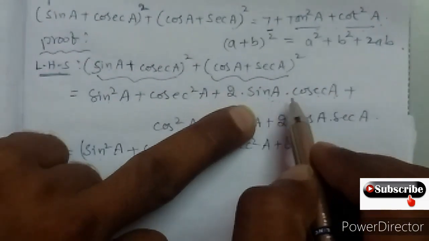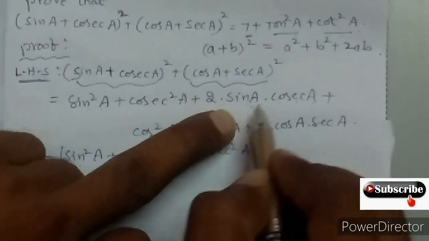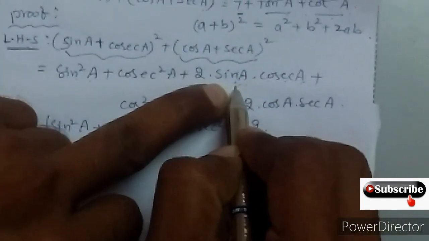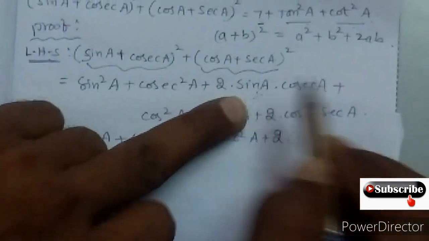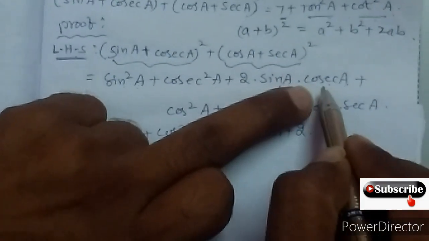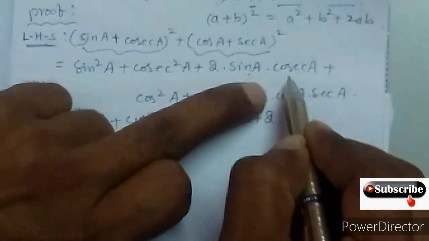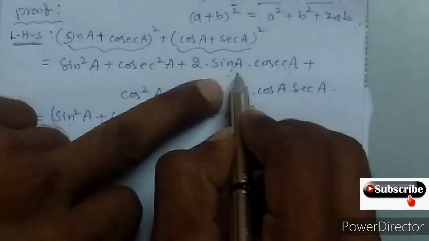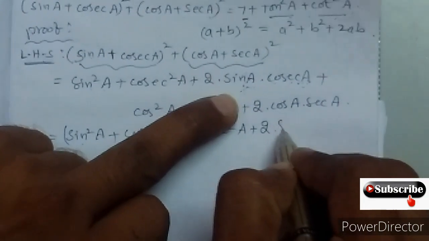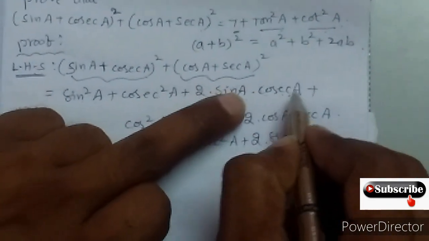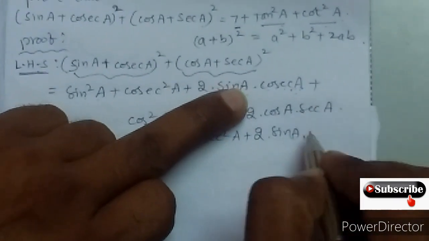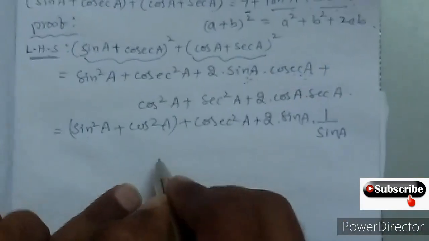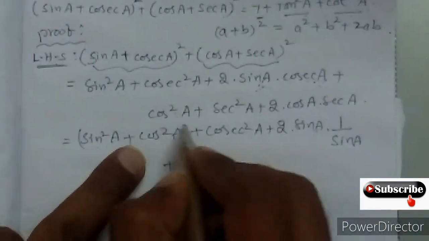Just that is, if you apply reciprocal concept here. If you apply reciprocal of sin A, you can write 1 by cosecant A. In that way, cosecant A and cosecant A gets cancelled. Or you can apply reciprocal value of cosecant A. What is reciprocal of cosecant A? 1 by sin A. In that way, sin A and sin A gets cancelled. You can do in any way. I am writing 2 sin A as it is, and I am applying reciprocal of cosecant A. So what is reciprocal of cosecant A is 1 by sin A, plus I am writing plus as it is, already cos square A already I have written here.